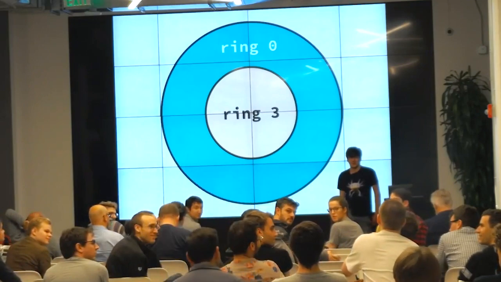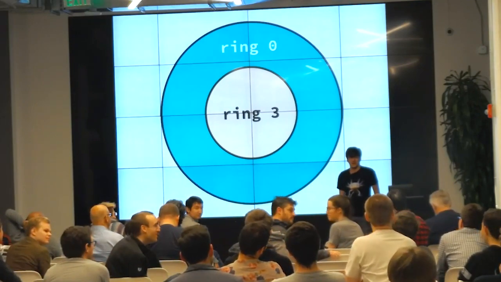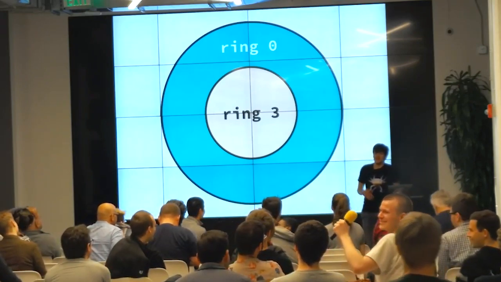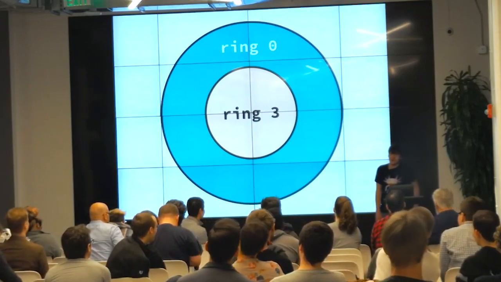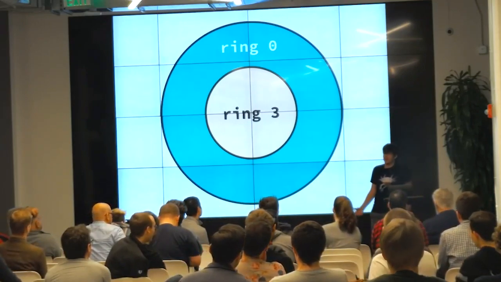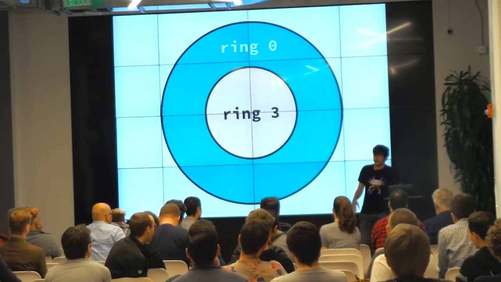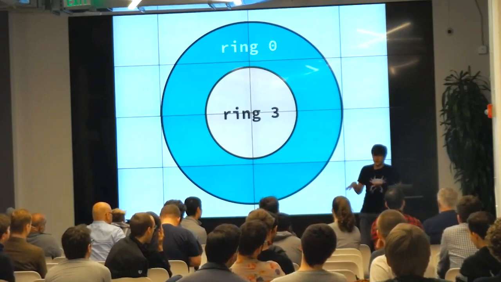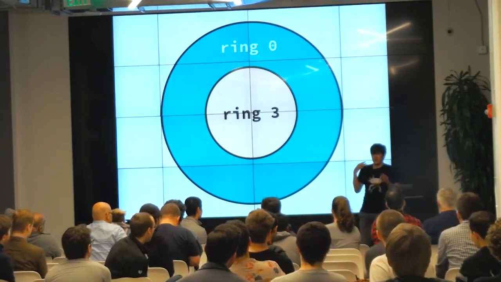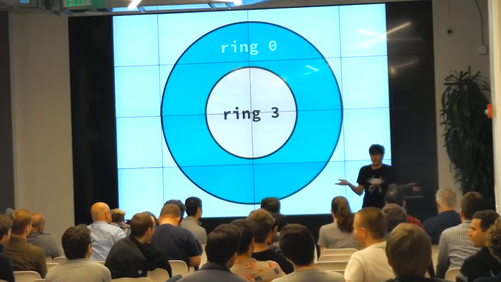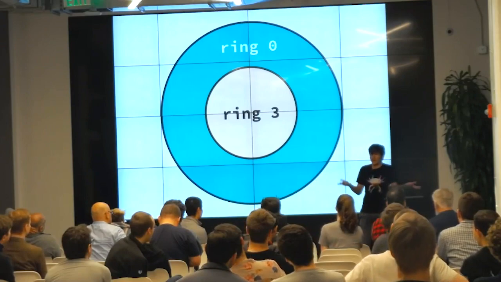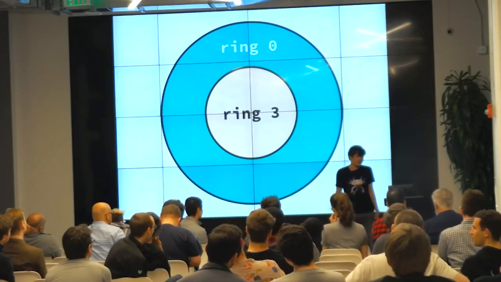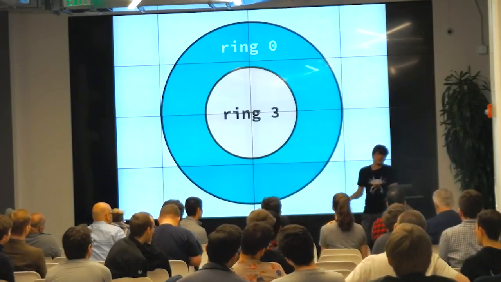Serious question, Lachlan. What happened to ring 1 and ring 2? It's a legit question, actually. They exist. What's interesting is Windows used to, maybe they still do, run where instead of having drivers run in ring 0 with the kernel, your regular user mode programs run in ring 3, your drivers run in ring 2, nothing runs in ring 1, and your kernel runs in ring 0. I don't know why they did that. Maybe it's some additional protection. They can't overwrite the kernel, though they can overwrite themselves. They exist. They're just not really used.